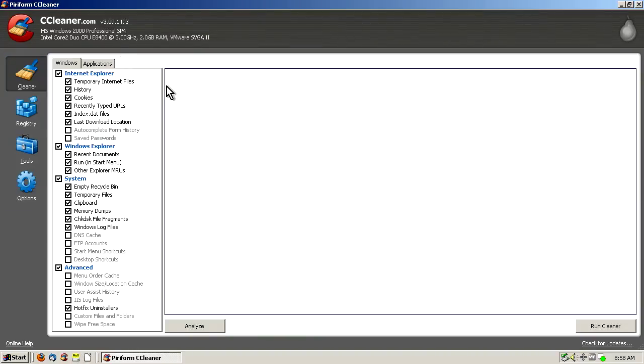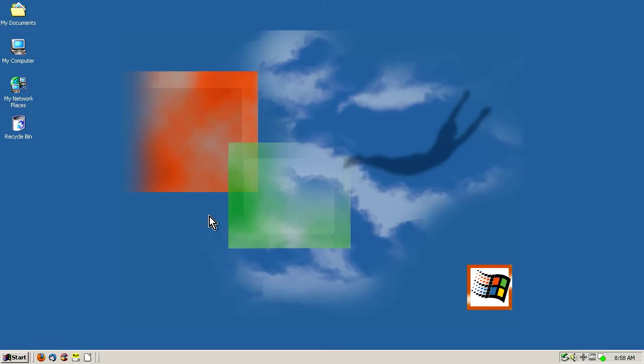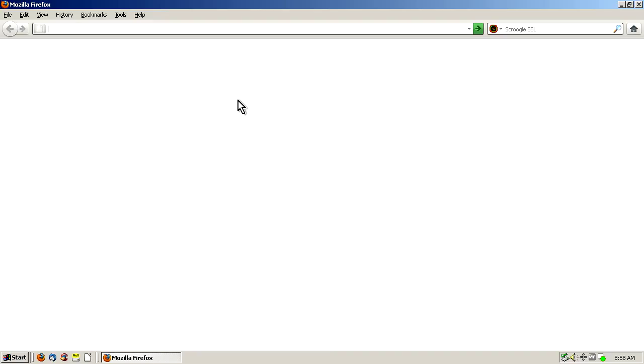CCleaner, latest version at the time of this recording, 3.09.1493, runs natively in Windows 2000. No problem at all. You can run that too. That is my recommended registry cleaner of choice because I think it's great. Now, before continuing, as far as an antivirus suite is concerned, I actually didn't check that before starting this video,